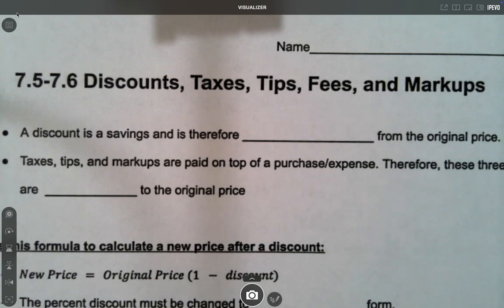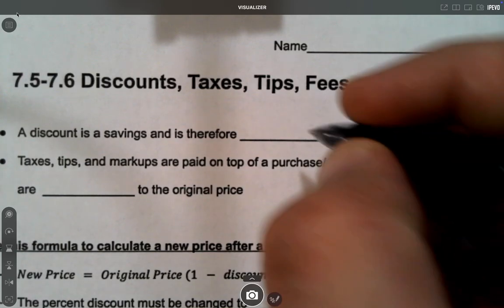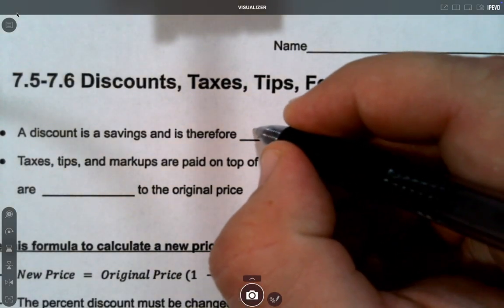But taxes also affect both our income and what we spend, because there's sales tax, tips at a restaurant, fees that come when you rent things or other things, and markups. And we'll explain what each of those are as we go. So a discount is a savings, like it's 25% off. But since a discount is savings, meaning it costs you less money, it's subtracted